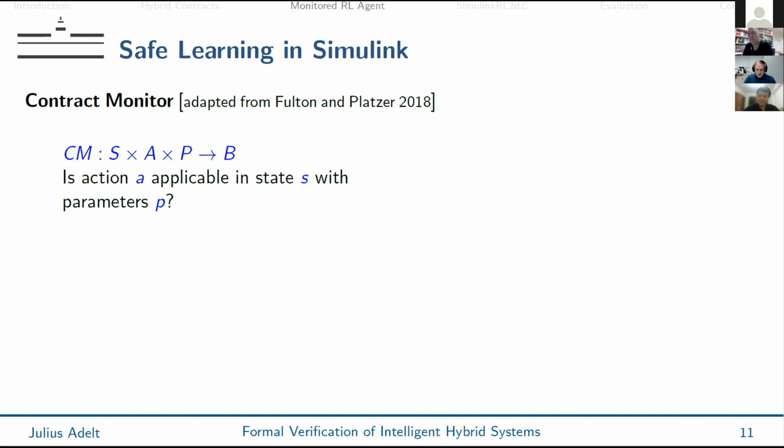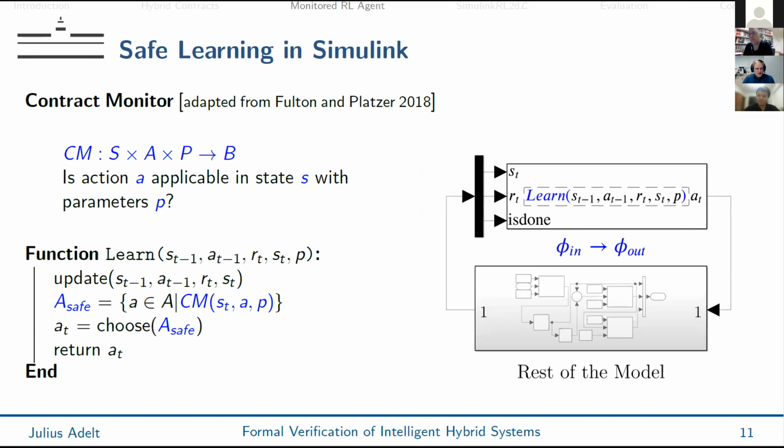And then to ensure that the Simulink agent acts safely, we also use an adaptive learning method, which basically does three things. The first step, the internal knowledge base of the reinforcement learning agent is updated. So for example, the Q value is updated based on experience gained. Then the set of all actions is filtered with the contract monitor for only safe actions. So only actions that conform to the contract. And then an action is chosen by the reinforcement learning agent from the safe set. And this ensures that the agent acts as described by the contract while the contract captures its behavior formally.